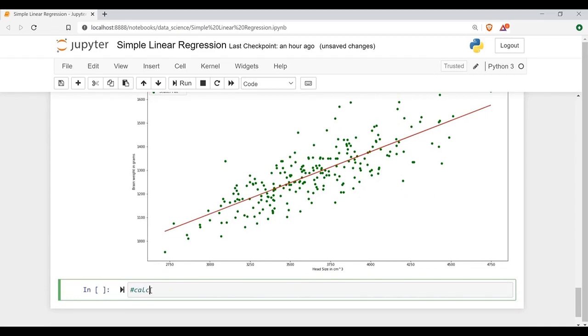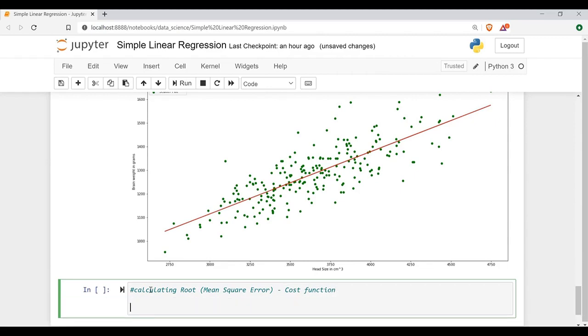So I'll calculate the root mean square error here. To compute this, we already know that the mean squared error is given as 1 by n of y minus y pred whole square. That is, the error values are y minus y pred, the residuals, square of that, summation of that. So summation 1 by n of summation of y minus y pred whole square.